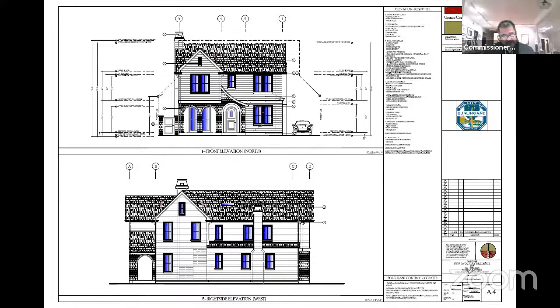Is it possible to maybe raise that skirt a little bit? I hate getting to the point of half and half, but in terms of top and bottom, it just seems like that top gable portion is heavier than the brick, and you almost expect it to be the other way around. Yeah, we can most definitely raise the belly band up, so that'll give it a little bit more of a base with the brick, for sure.